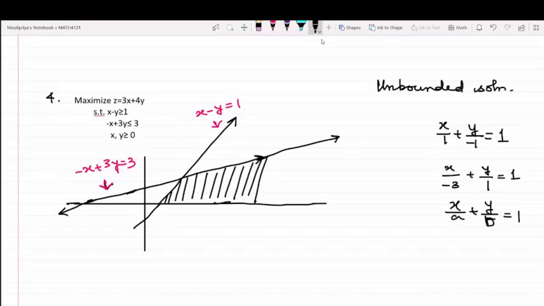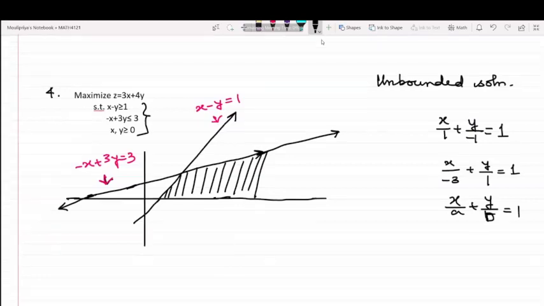Ma'am, I had a doubt to confirm: in this case we cannot say it has no solution, that would be wrong. Why no solution? You are getting a feasible region. If we did not get a feasible region, then we could say no solution. Because the region we are getting is satisfied by the constraints as well as the non-negativity condition. But we don't know where it is ending. It can extend to infinity. So it has a solution, but an unbounded one.